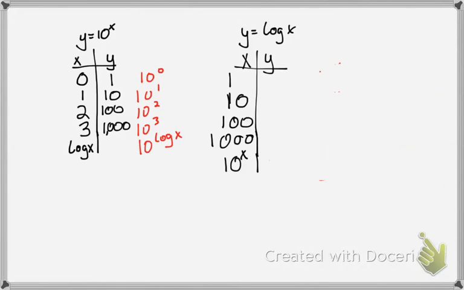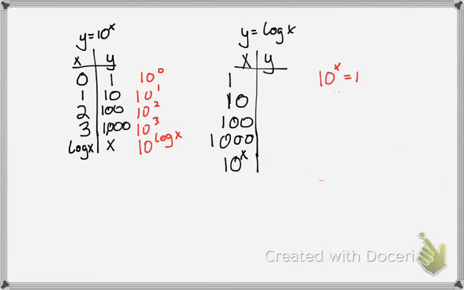So what happens if we did 10 to the log x power? Now you guys might remember when we did inverse functions, we said that the two would cancel each other out, and it's going to hold true here, and 10 to the log of x power would just be x. So same deal over here on the right. If I was looking for y is equal to log of x,